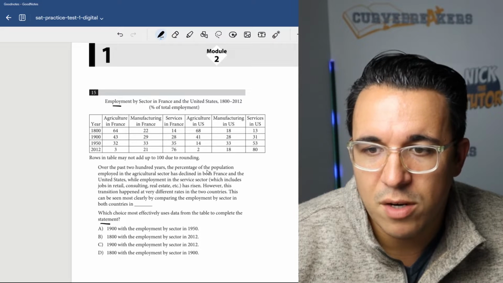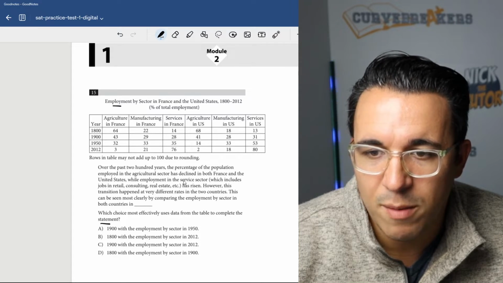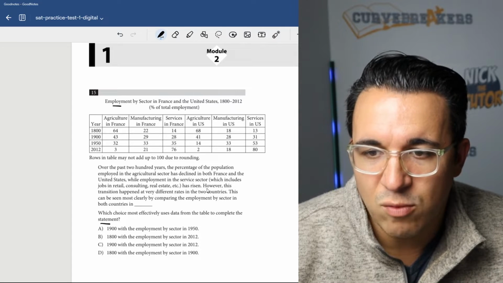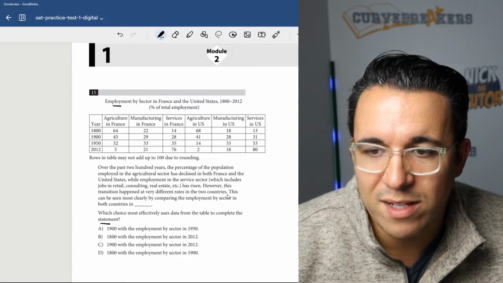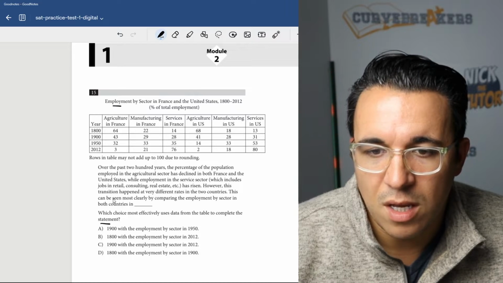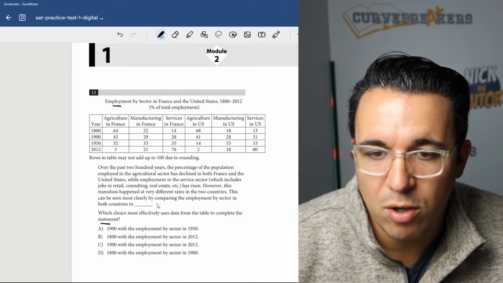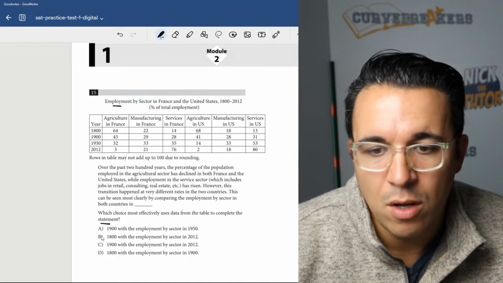Over the past 200 years, the percentage of the population employed in the agricultural sector has declined in both France and the United States, while employment in the service sector has risen. However, this transition happened at very different rates in the two countries. This can be seen most clearly by comparing the employment sectors in both countries, and then we're looking for the